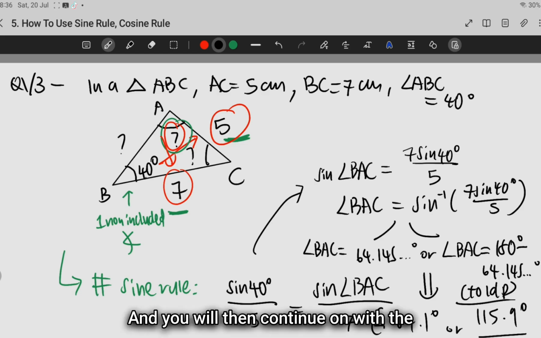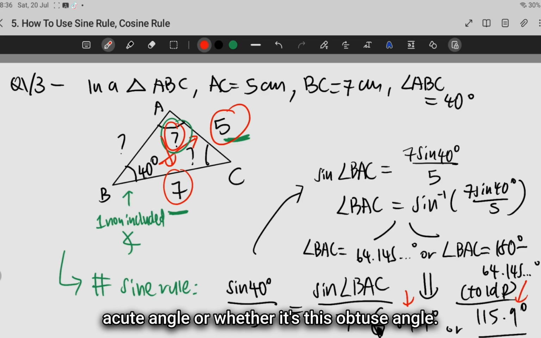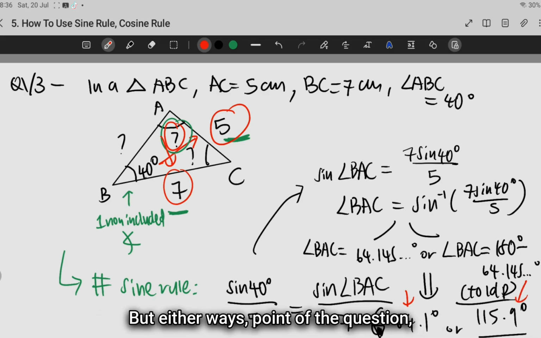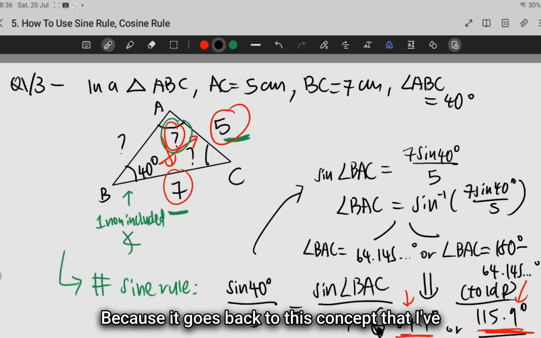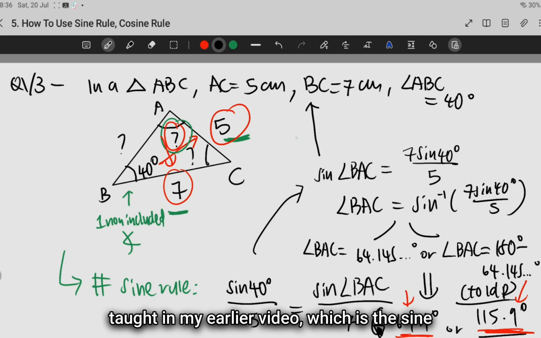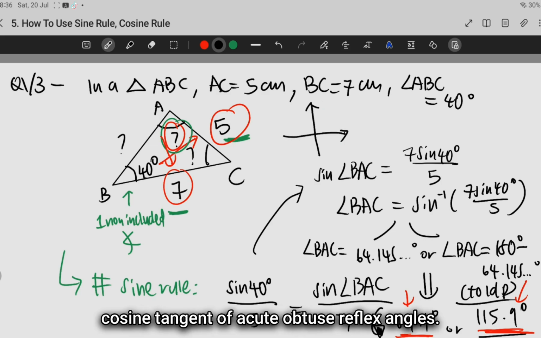And you will then continue on with the question to determine whether it is this acute angle or whether it's this obtuse angle. But either way, at this point of the question, you will take either value over here, because either value makes sense. And why do we have two different values? Because it goes back to this concept that I've taught in my earlier video, which is the sine, cosine, tangent